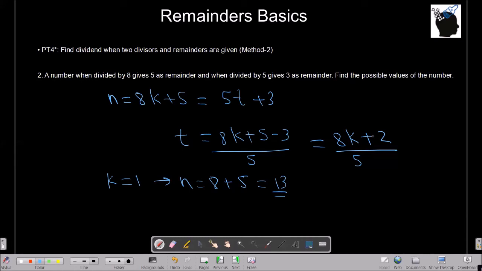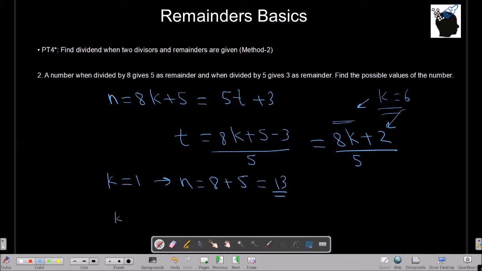So that's not possible. Notice that I have 5 in the denominator and I have an even number in the numerator. So the numerator will be divisible by 5 only when the numerator is a multiple of 10. I already have a 2. That means whatever value of k I'm putting, 8 into k should have units digit as 8. I know 1 will be satisfied. Similarly, if I put k is equal to 6, I know 8 into 6 is 48. So even that will be satisfied. So when k is equal to 6, I'm going to get a common value in both of them.